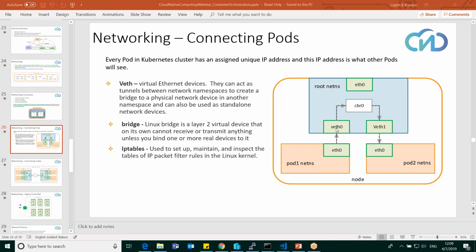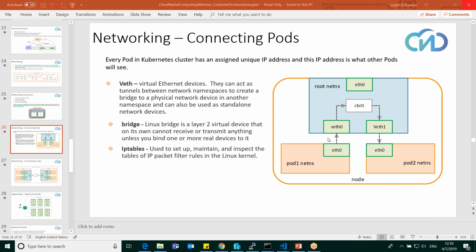Then we have something called veth pair, or virtual Ethernet. So the complete networking is kind of virtualized, so you can create a virtual Ethernet. That's how you set up networking within VMs, for example, right? So you can create multiple virtual Ethernets, and it is called a virtual Ethernet pair. So why is it called a pair? Because one part of it is connected to the root network namespace, and the other part is connected to the target namespace, let's say the pod 1 namespace, right? So this is doable